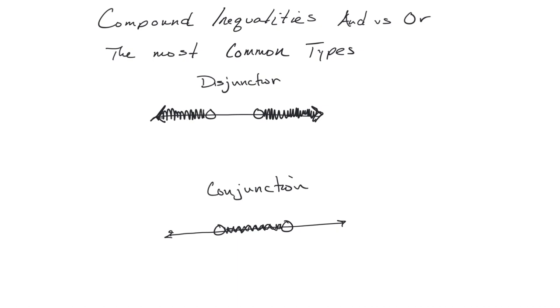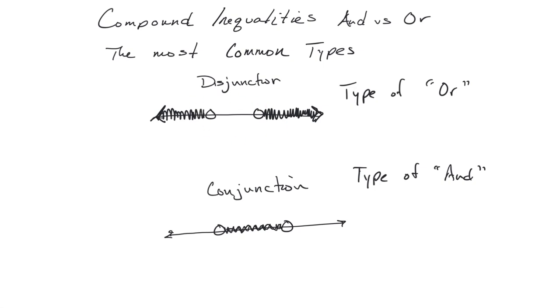So the most common types of compound inequalities you have are the disjunction, and the disjunction is a type of or, and the conjunction is a type of and. What I have shown on the graph here is essentially just what their picture looks like. Are there other graphs for or? Yes, there are other graphs for or. But for right now, we're just focusing on the most common type, which is the disjunction